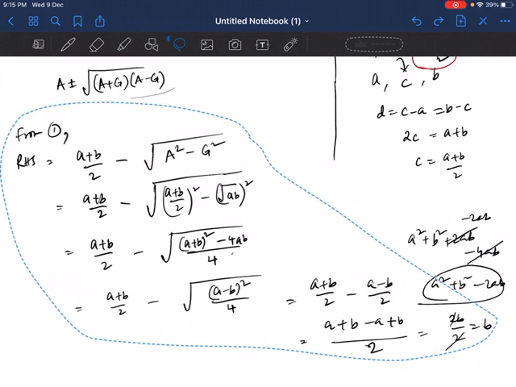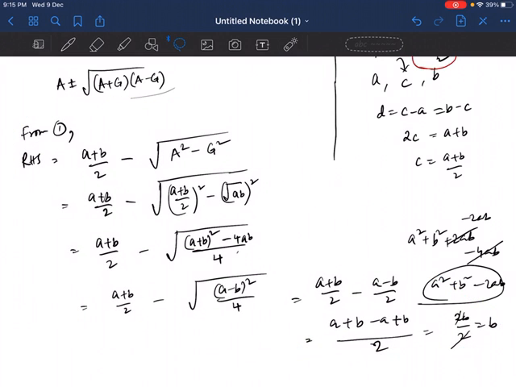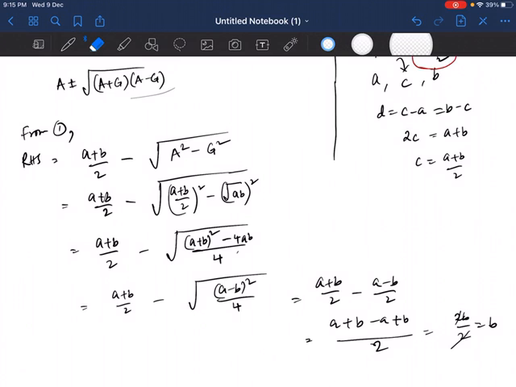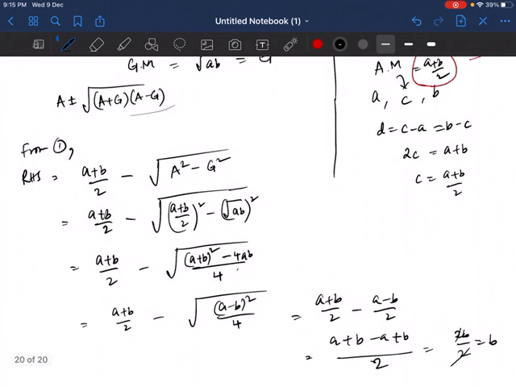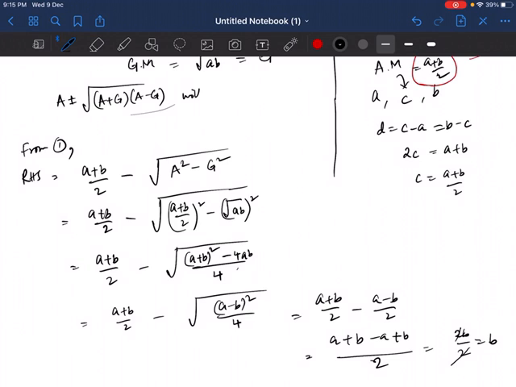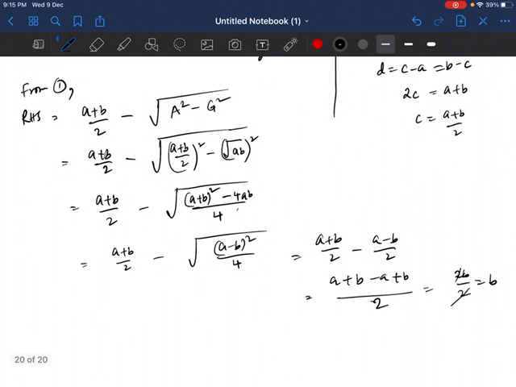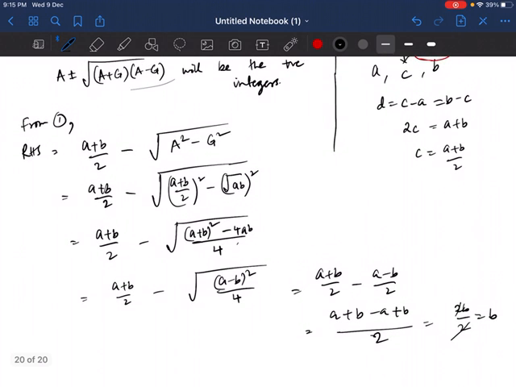So we can say that my assumption was wrong. So it can be possible. There is nothing wrong in that. So forget about that step. When you see that, you can write that this a plus minus root over of a plus g into a minus g will be the positive integers. So now we have proved that this minus sign is one of the elements, that is b.